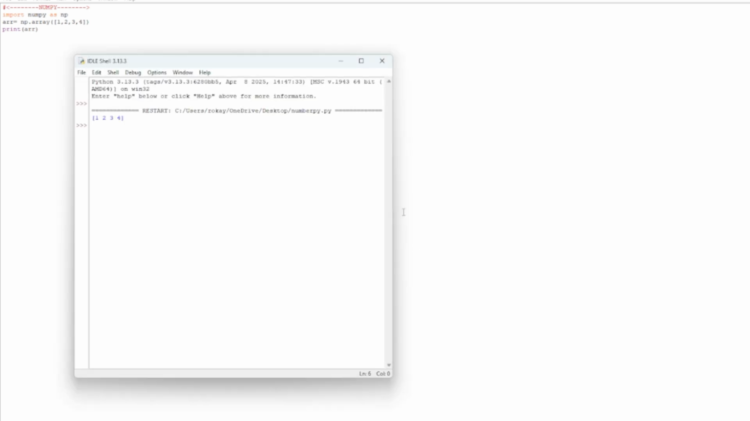Now, I am going to create an array. First of all, I am going to create an object, and then we must use the np.array function, and inside it we must pass a list or tuple. Now I am going to pass a list 1, 2, 3 and 4. Then I am going to print it here. And now if I run this, we can see